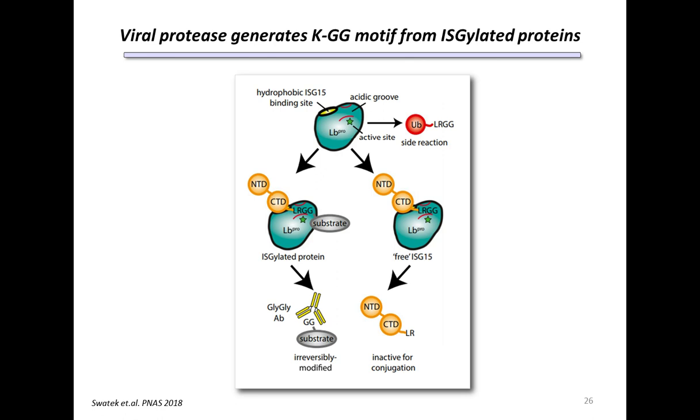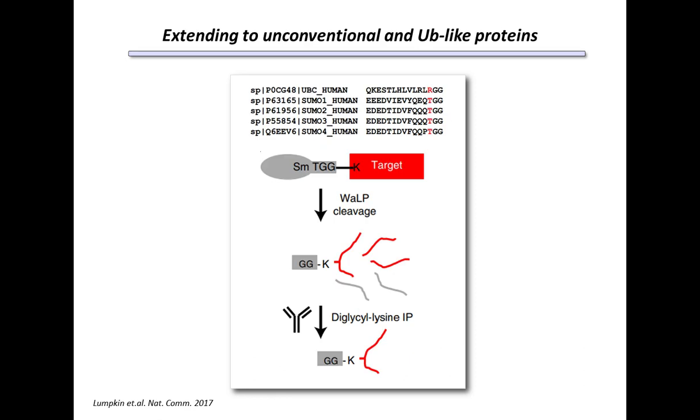In fact, it leaves the same diglycine remnant that we're fishing out at the peptide level attached to protein substrates that it acts upon. And so with this in mind, the same KGG antibodies that we've been using for our experiments thus far now have a whole host of new uses, potentially in studying protein ISGylation in combination with this interesting new protease. Now, the idea of leveraging additional proteases and other strategies to study the ubiquitin-like proteins is, in fact, an area of active work in many groups.